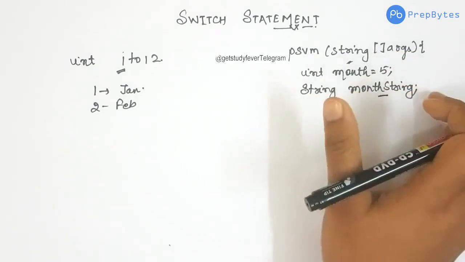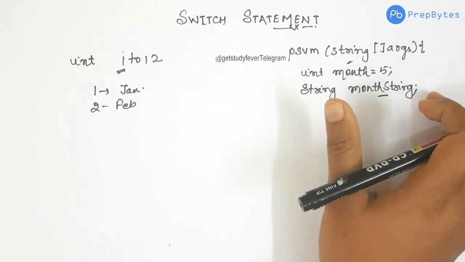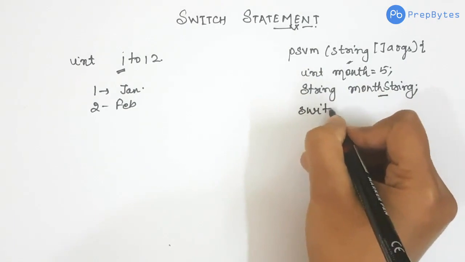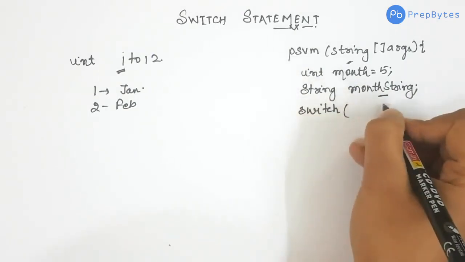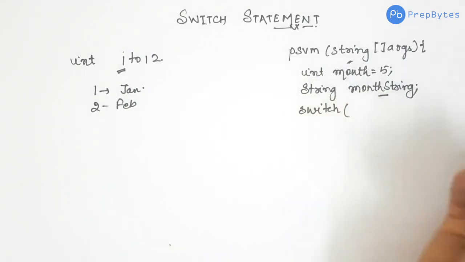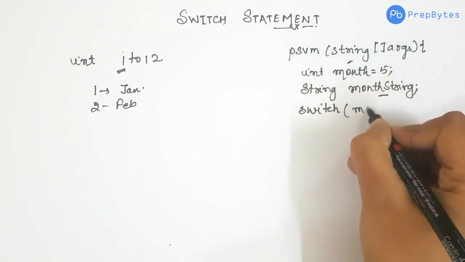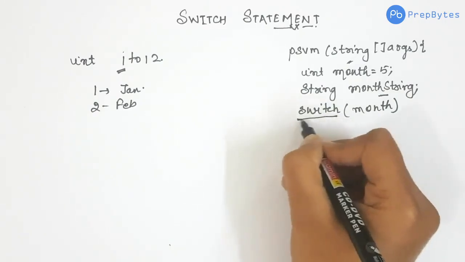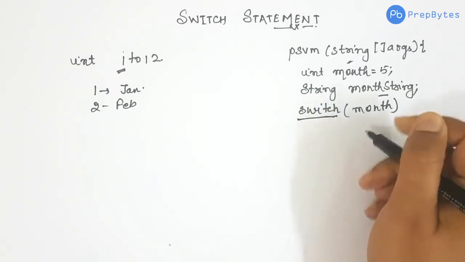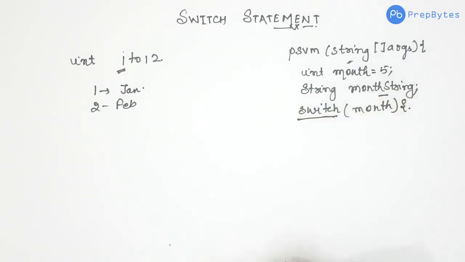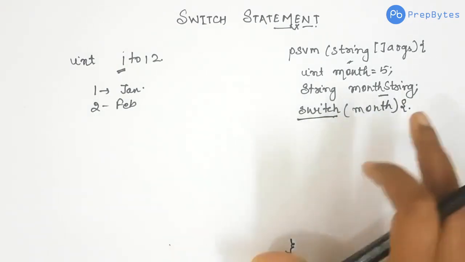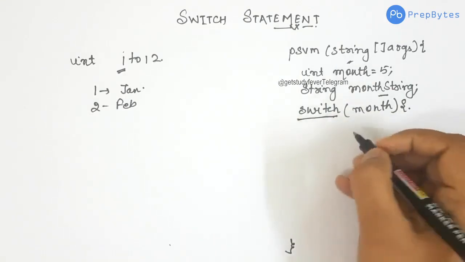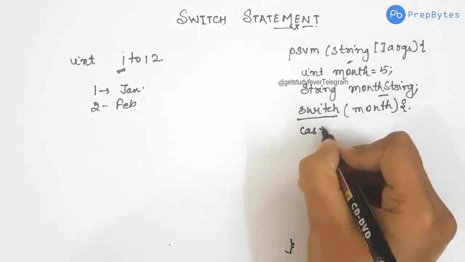So now this is what we know till now. Let's talk about switch. For switch, we have a keyword switch, and then we have a variable here. So here I am putting month. We will see what the use case of putting month here is. So we have the switch keyword, we have a variable, then we have a switch block. Now inside this we have several cases. So let's say we have a case 1,